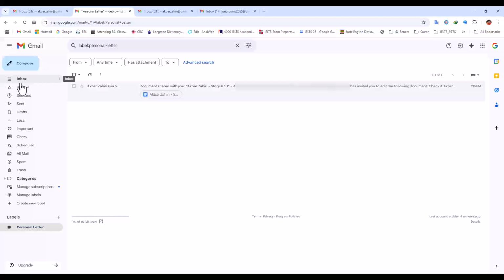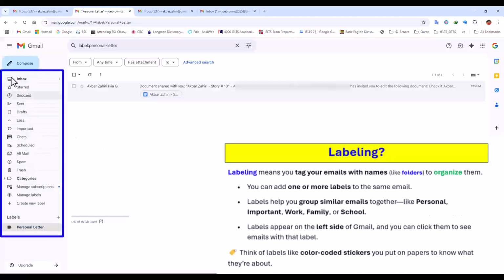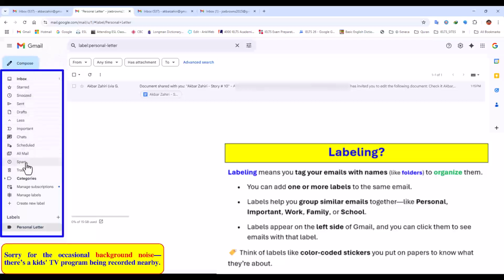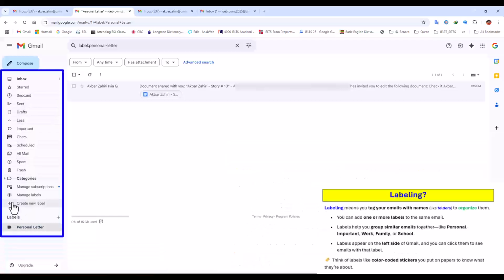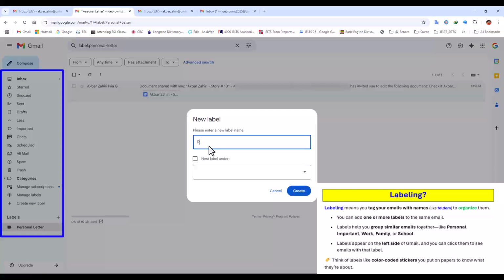So like on your computer, you can create folders on your Gmail account to organize your files. For example, you want to save all your resumes in your Gmail, or letters from your friend that you have received. Easily, you can come here and create new labels. For example, write resume files and create.